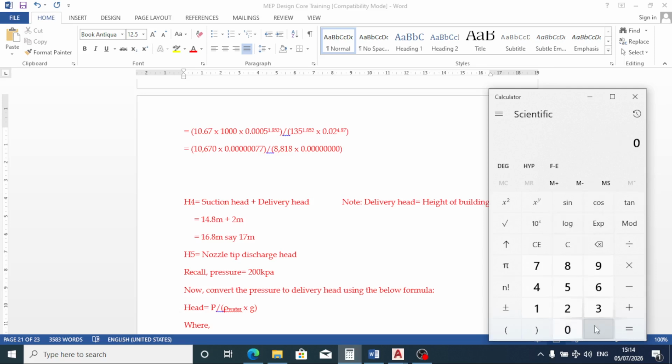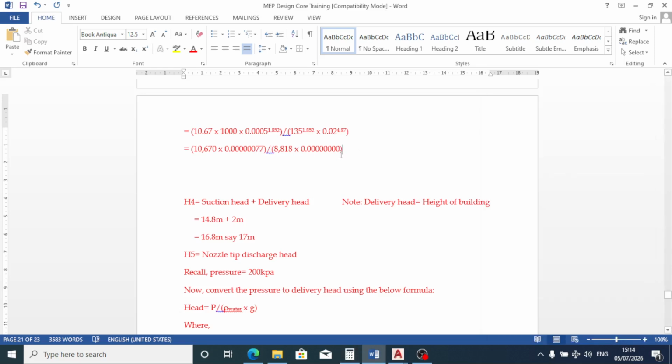Let's recalculate. 0.02, which is our pipe diameter in meters, raised to the power of 4.8753. So 9 zeros and 53. 1 2 3 4 5 6 7 8 9, then 5 3. Okay,